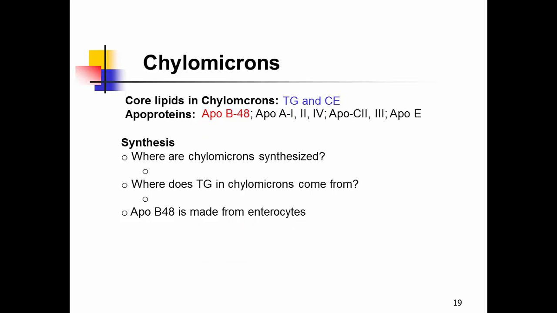Then Apo A1, A2, A4, and Apo E. Almost every type of apoprotein, right? So I just wanted you to remember ApoB 48, Apo C2, and Apo E. These three types of apoproteins are very important for its function